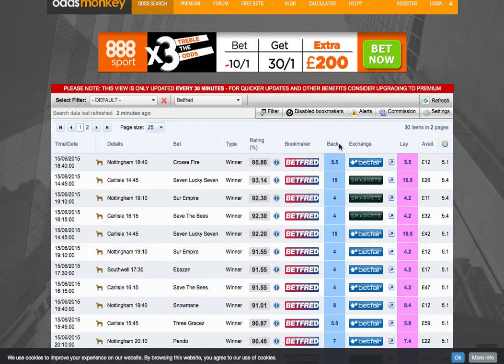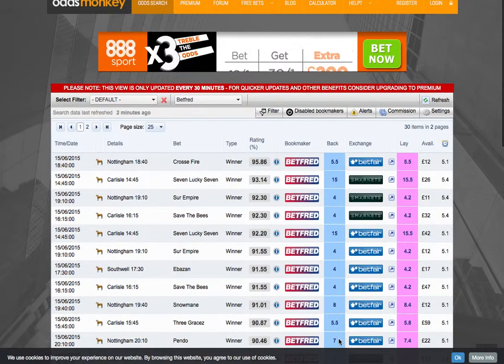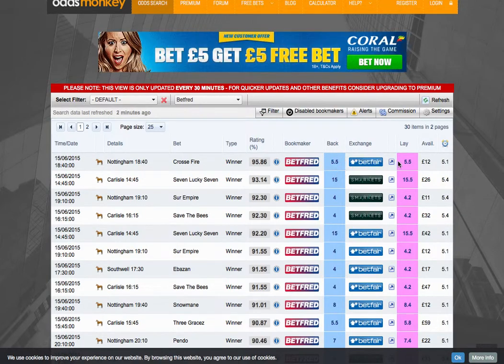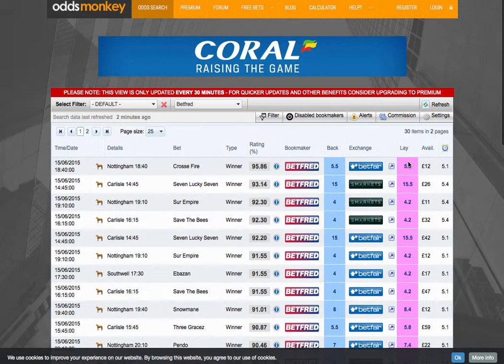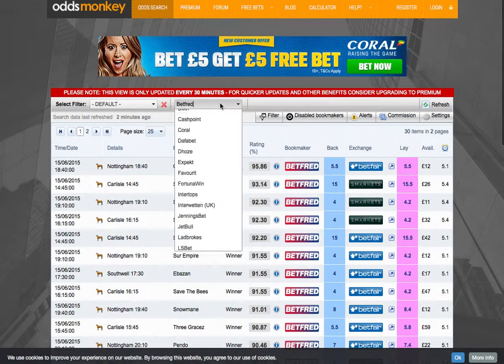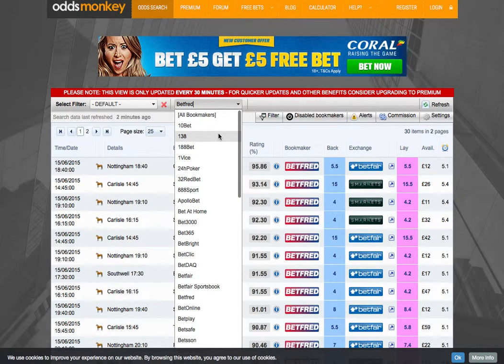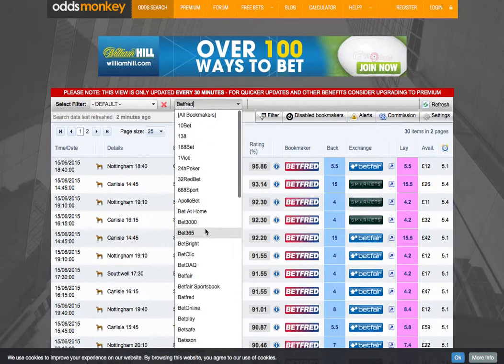So now, as you can see, all the back odds are 4 or greater, and we can just go down there, find whether the odds are still available at Betfred and Betfair, and if they are, we can then use our free bet on that. It's very simple. You can select any bookmakers you like. For example, we'll go to Bet365,